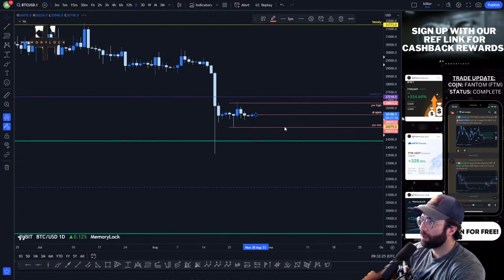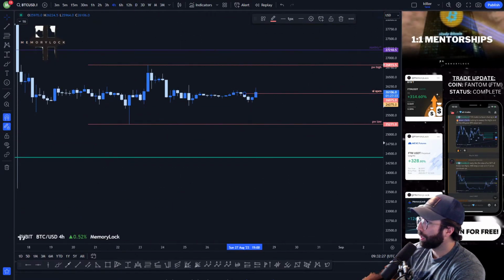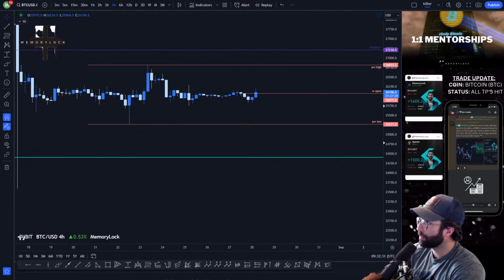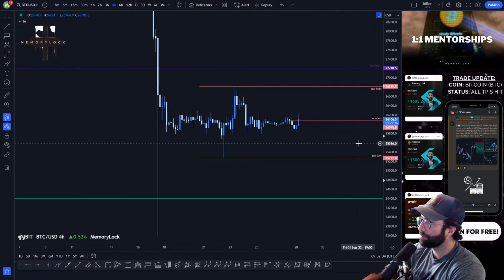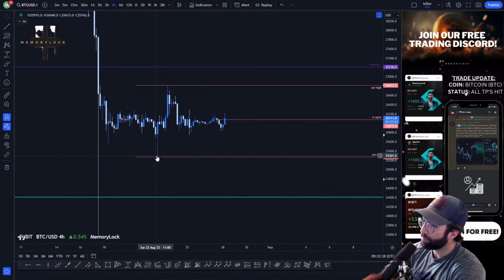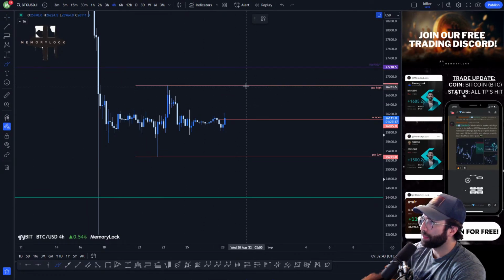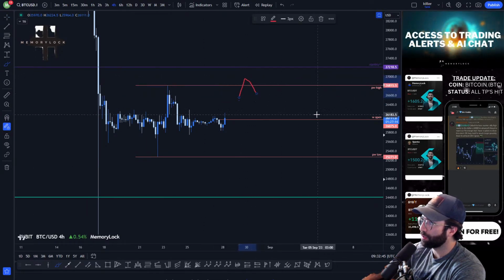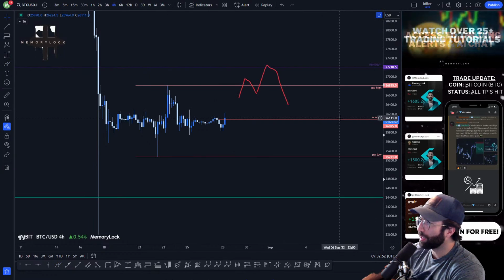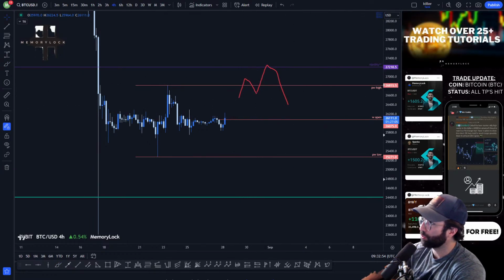Right, so let's go down to a 4-hour time frame. I'm going to get rid of the daily open because it's also our weekly open. And this is the range that BTC is inside right now. Previous week range, high and low. At the very least, I really just want to see a sweep of this previous week high. I would even take it to that 27,200, but I'm not going to hold my breath on that. Just a sweep of the previous week high. Awesome. Swing failure. Maybe we'll get a short setup or something like that. That would be super, super nice.